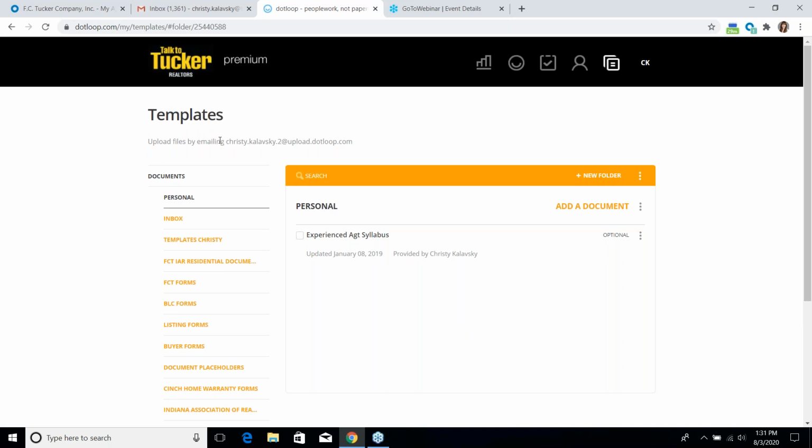So you can send any document to your own personal Dotloop email address and it will land in your inbox. And I just highlighted mine. So mine is christy.kolawski2@upload.dotloop.com. So that's my own personal Dotloop inbox. And where those documents go is in this templates section. And why is this helpful for you? You can create your own documents like in Google Docs or something like that, and then upload it here. So if there's a specific file that you like to keep with all of your transactions, you can create that,